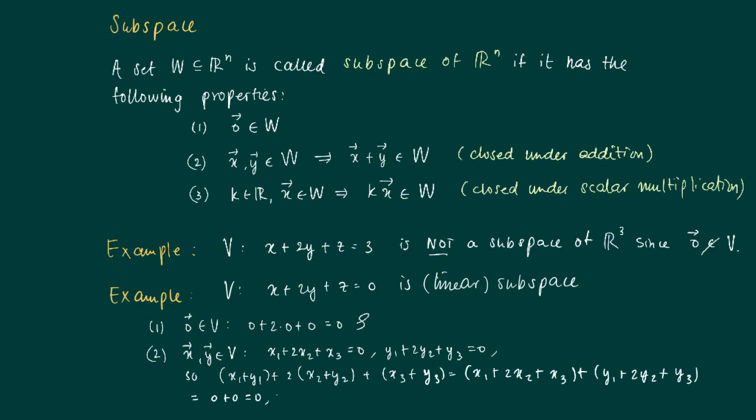So this is 0 plus 0 equaling 0, meaning actually that x plus y is also a vector satisfying the